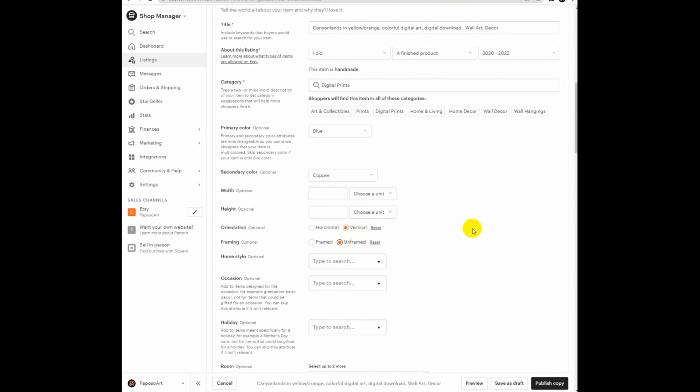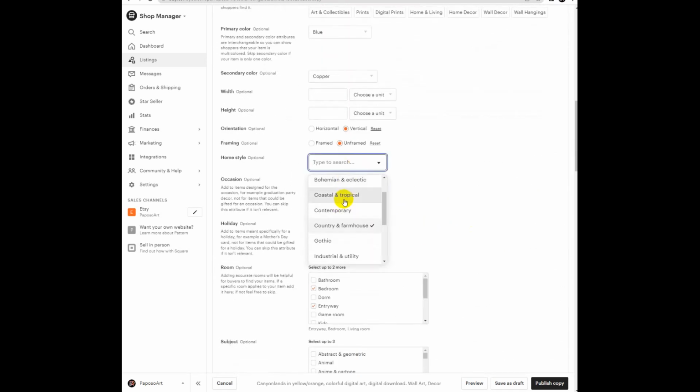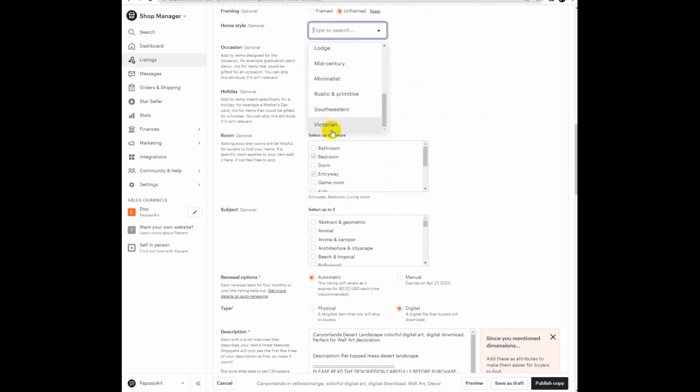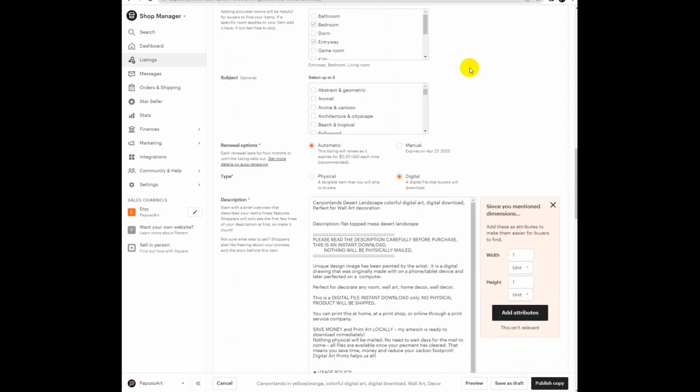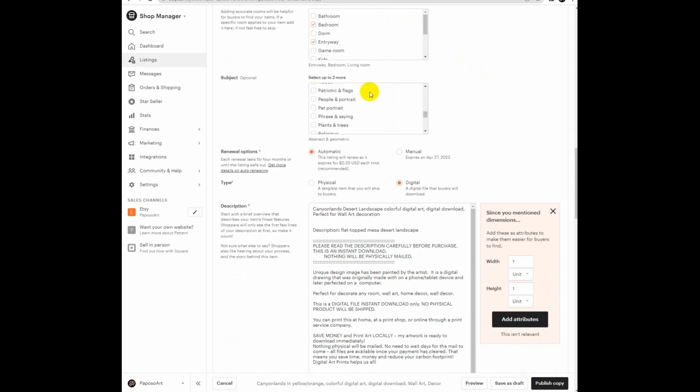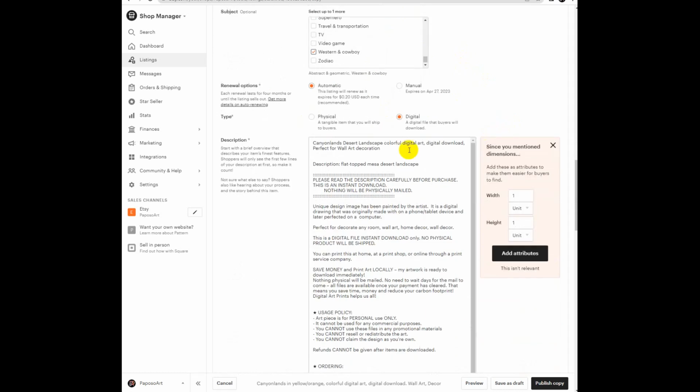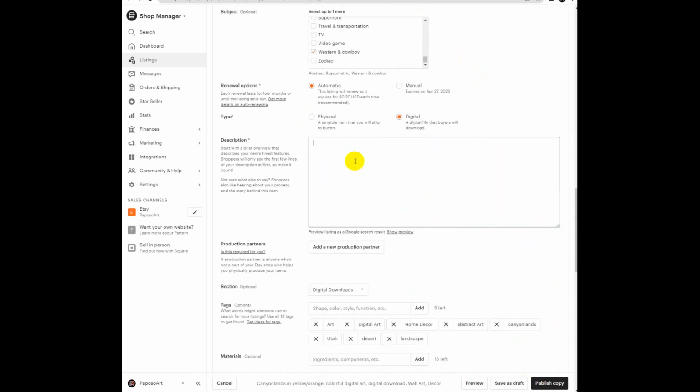Categories, orientation is, they call it landscape, and it's unframed. And I choose some of the categories, probably home style western. It's probably something that I should pick, since it is the main line. I usually don't put anything on occasion. And then western and outdoor. I'm gonna get rid of this description, and I am going to add the description that I